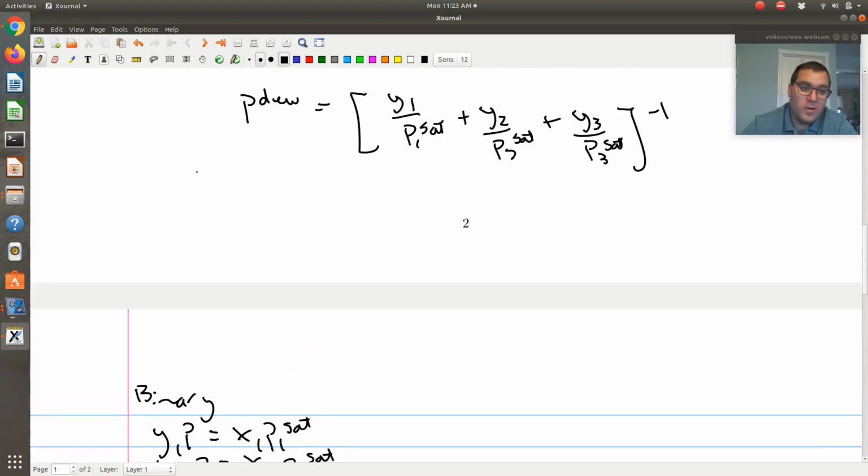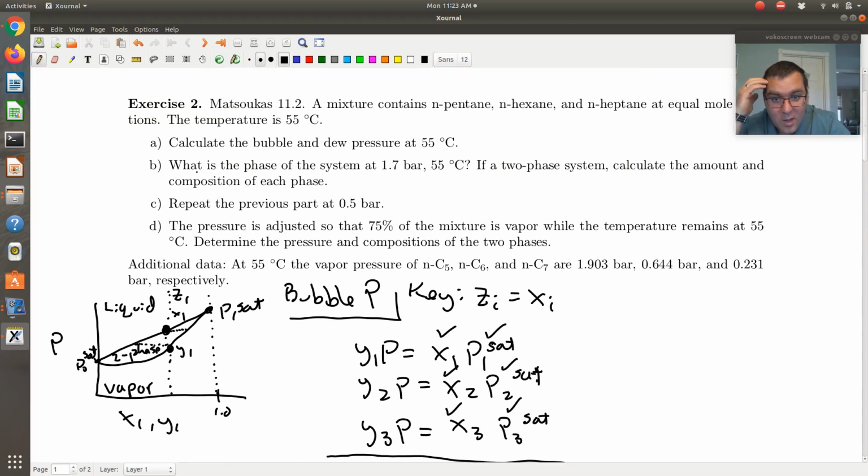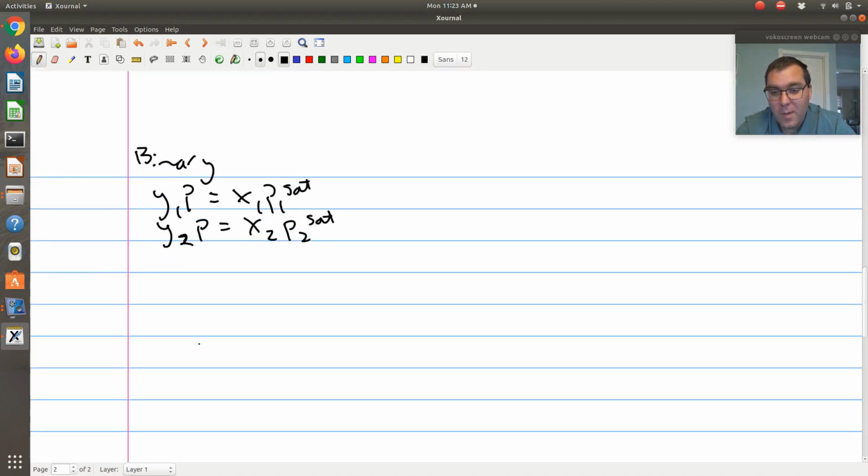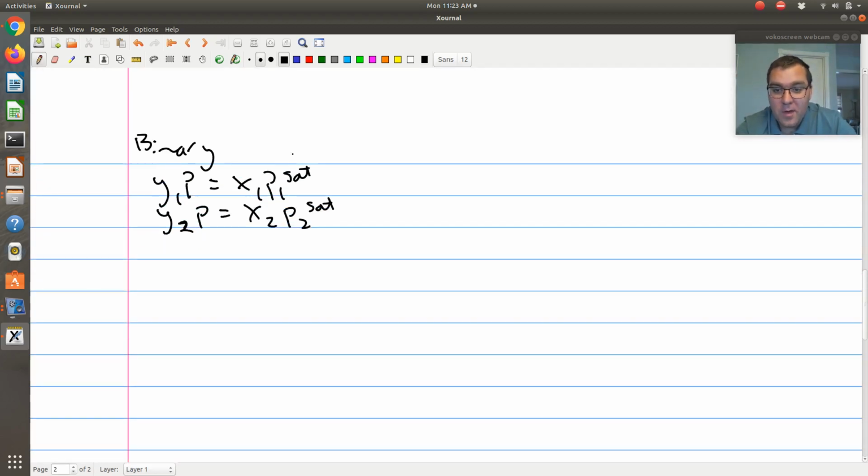Well, if we're given the temperature and pressure, T and P, and that pressure puts us in the two-phase region, basically we want to solve for Y and X. What's the composition of the two phases? If I just think of a binary system, if I know T, it means I know P1 sat and P2 sat. So I'm going to say binary, given T comma P, solve for